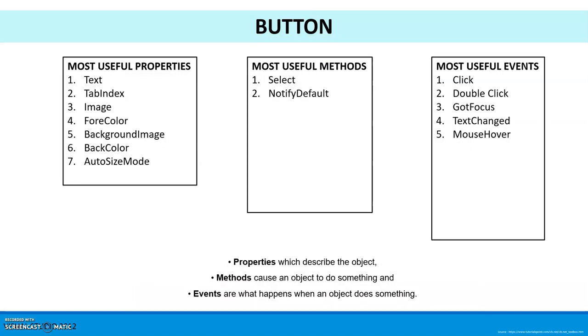Now here we have some useful properties, methods and events. We have already discussed what is properties, right? And what is the difference between methods and the events. And if you have not watched the previous video, please go and watch the previous videos so you can get an idea of what is method and what is event, or what is the difference between methods and events. Here we have different properties, or most useful properties. Of course, again the same thing, so many properties are there, but we will discuss some important or most useful properties. So text property.